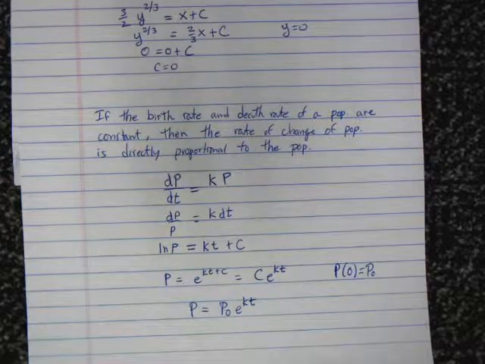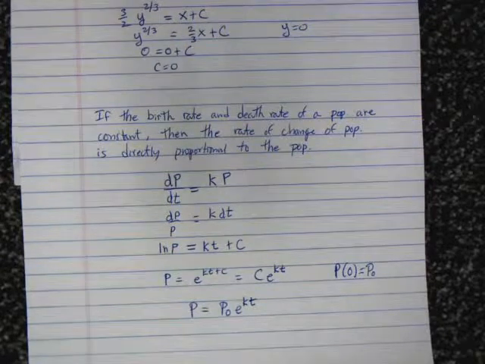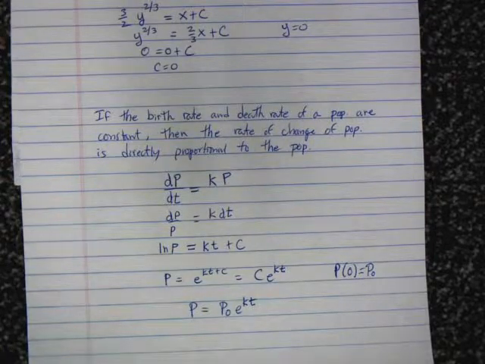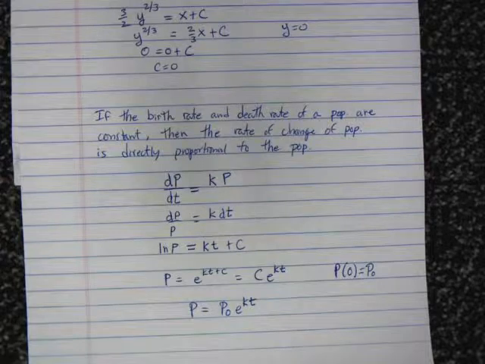The other common one that I think of a lot of times is heat. Oh yeah. If you take something hot out of the oven, it cools, and it ends up cooling exponentially, because the rate of change of cooling is directly proportional to the difference between the temperature and the room temperature. So you get Newton's law of cooling,